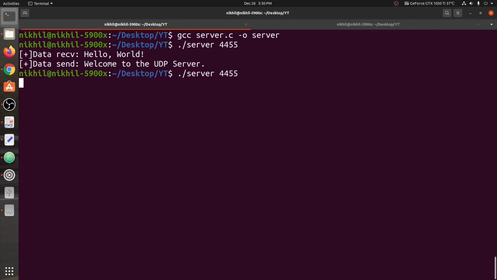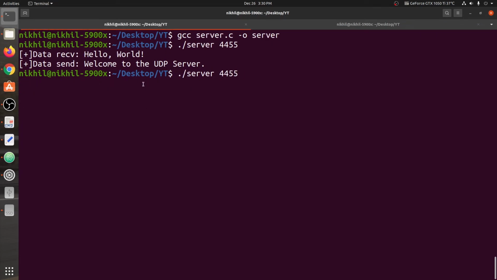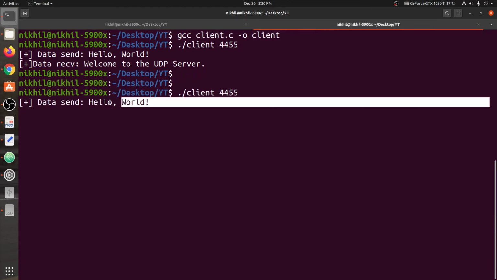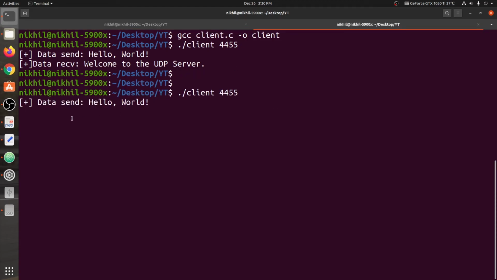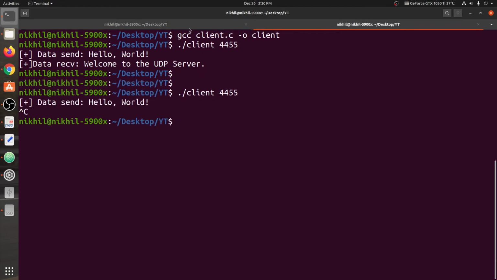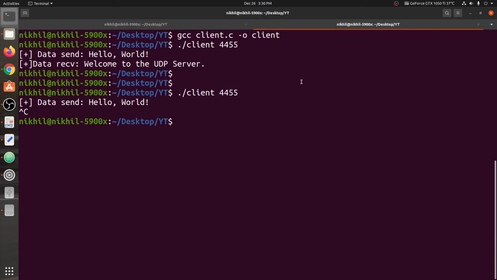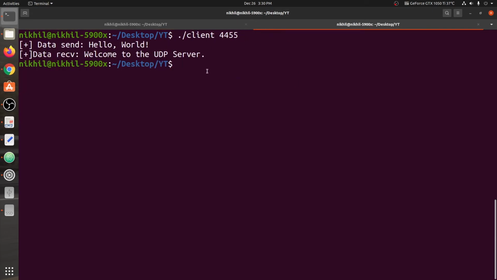Now let's start the server. So what happened? Now the server is waiting for the message and the client has already sent that. Okay, so now both the programs are waiting for a message. Now we're going to close them and we're going to run it again. Okay, then it would run the right way. You can see these same two messages. So data exchange is taking place between both the programs.